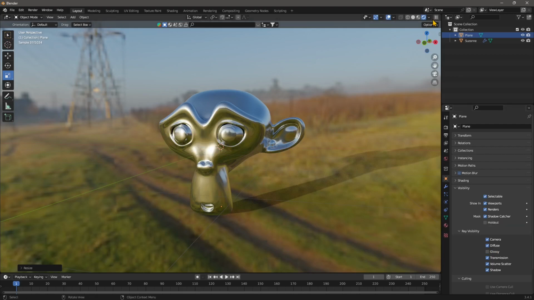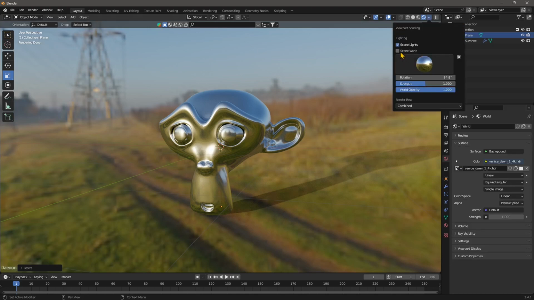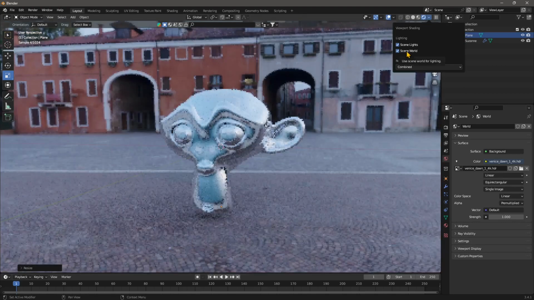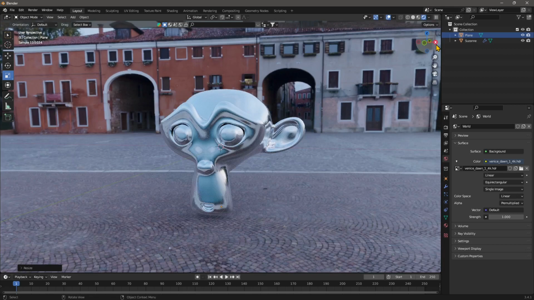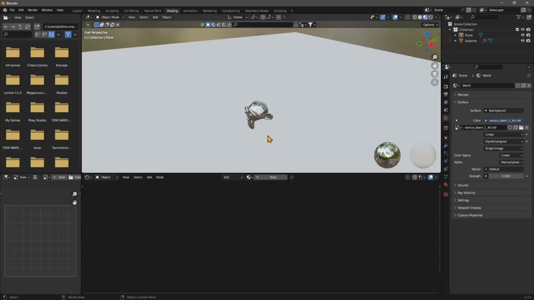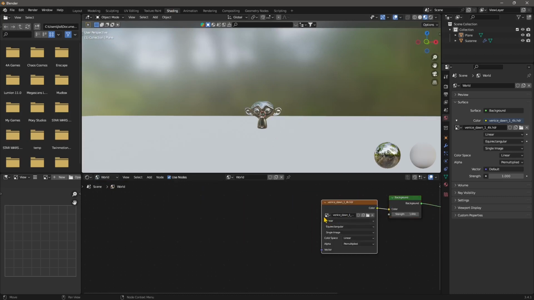Now again, if you want, you can use your HDRIs, just activate the scene world here, deactivate the standard, and there you go. So you can use other setups. You can get it from the web. You can also rotate the image using the shading in this case. So you need extra mapping right here. You need to switch from object to world, and you need to have the mapping here. So there you go. So you apply this one here,